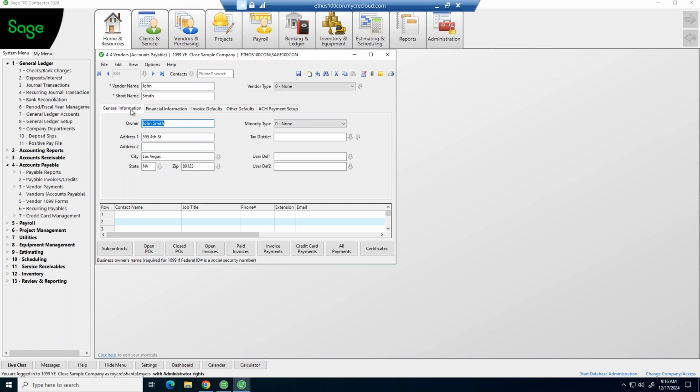General information tab, we need to have the owner name here. So if John's business was